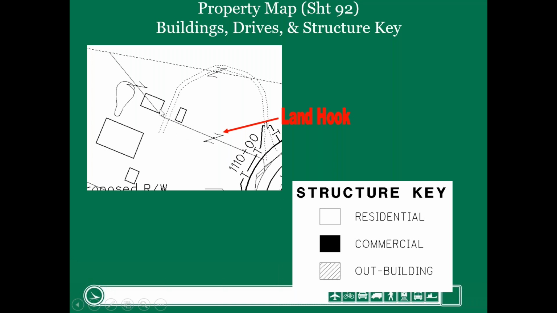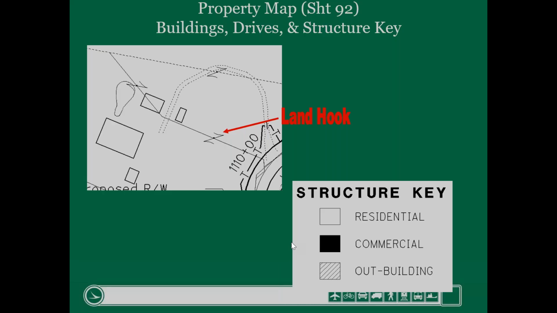So you can't always trust these per se because it's the best information we have at the time. But the idea is we should have these right 90% of the time. In this case, we had them wrong, but it gives you an idea what we're looking for when we talk about the structure key.